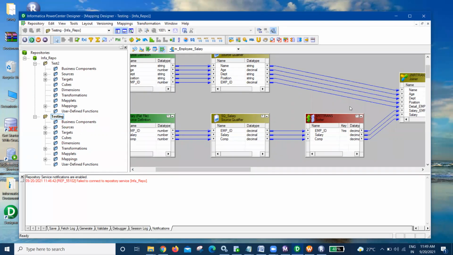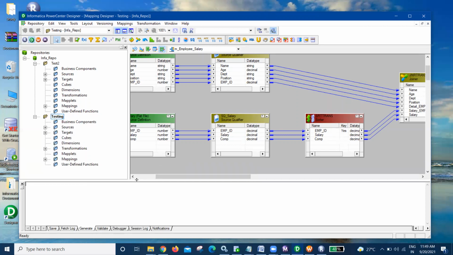So this tab is called a workspace, and this is the navigation window where you can navigate between the different folders and different objects. And this is the output window. In the output window, we have save information, fetch log, generate something, validation output. There are multiple options. If you perform that based upon the particular details, you can view these details over here. That's not our topic for now.